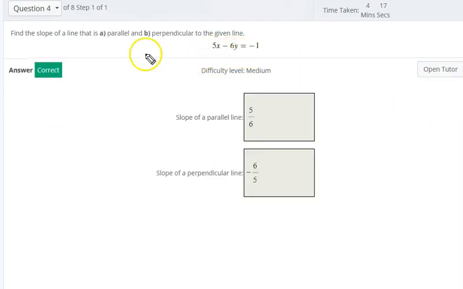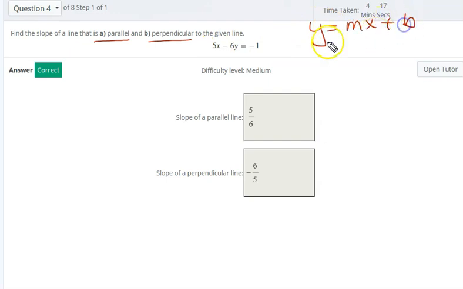Now, this person had this one correct, but let's just go over the protocol as a general review. So in standard form, this is the equation. If we wanted one that was parallel to it, we'd have to find the slope of this, and then later if it was perpendicular. So the key to this is to put this in slope-intercept form, y equals